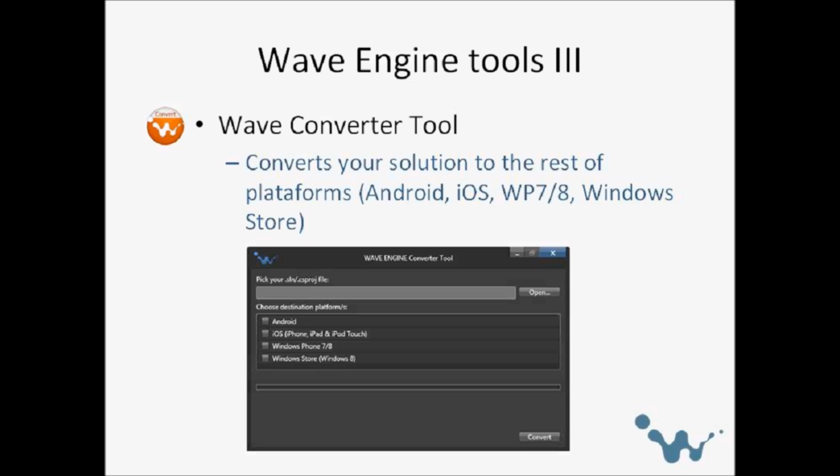And we provide this tool so you can pick your Visual Studio solution, check which destination platforms you would like to target, and by pressing that one button, you have the same solution prepared with new files for running on Android, iOS, Windows Phone, and Windows Store. Javier will show you later in the demo how to run a game made with Wave on Windows, and also on Windows Phone and Windows Store. So again, this is a tool we will be seeing later in the demo.